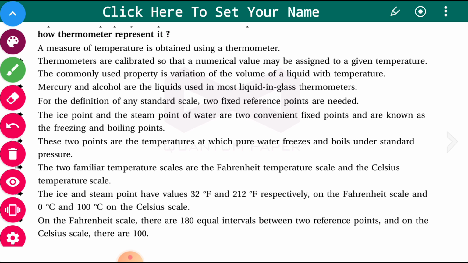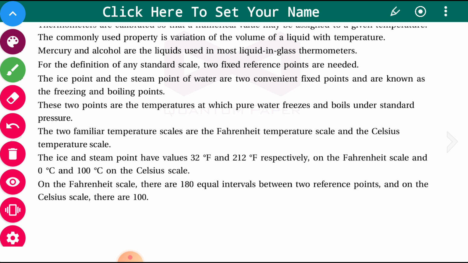It is calibrated so that a numerical value is assigned to a given temperature, a particular number for a given degree of hotness and coldness. The commonly used property is the variation of volume of the liquid with temperature. Volume changes with increase and decrease in temperature. Mercury and alcohol are the two liquids mostly